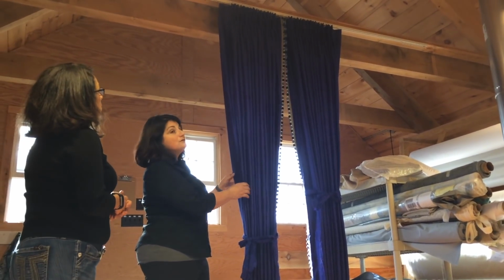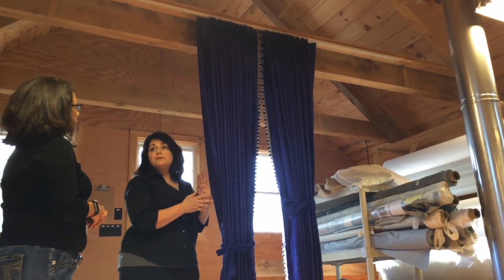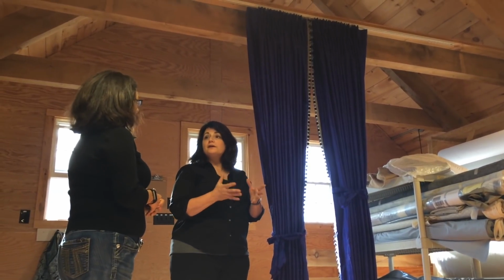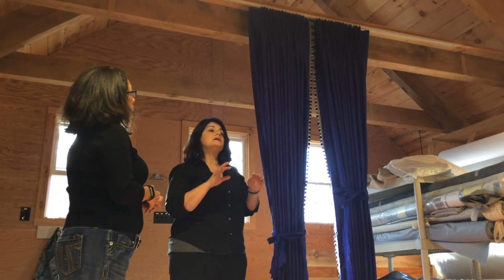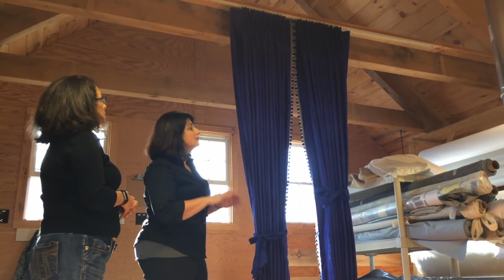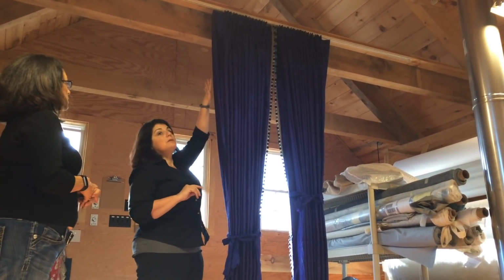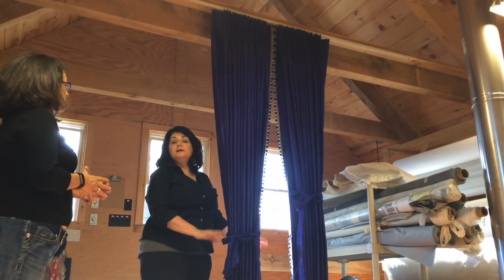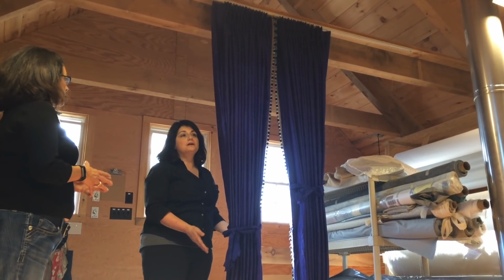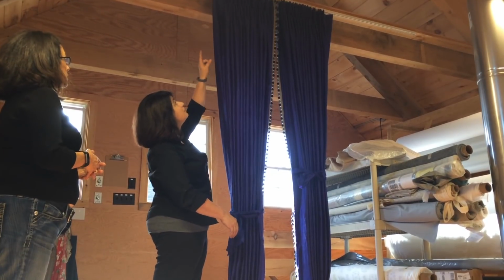But the other thing that we do is more of a special process. If we're using a fabric like a linen or some other kind of fabric that is known to grow with time, temperature, or humidity, we'll make the draperies from the top down, and we'll hang them up here, and we'll leave them unhemmed. And we'll leave them for however much time, a week or two, and then as a two-person process, we